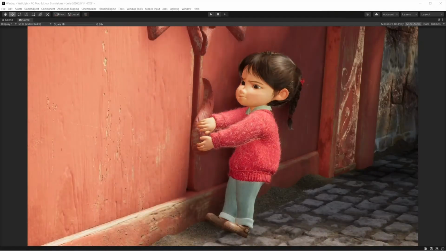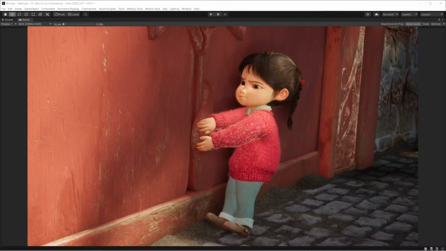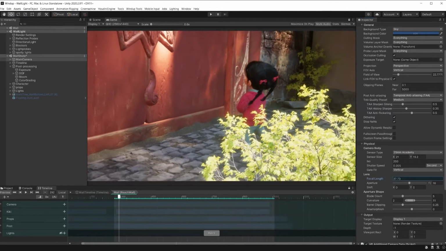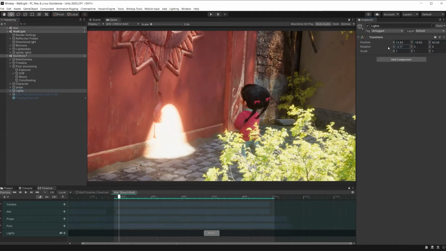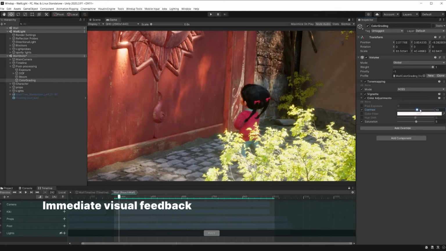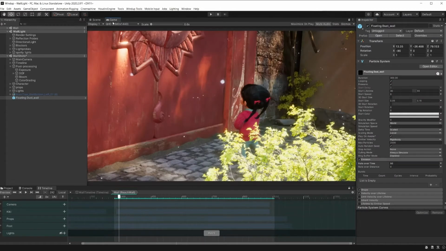In a traditional animation workflow, long render times can slow down a team's productivity and make it difficult to quickly experiment and iterate on creative ideas. Developing inside the Unity real-time platform means that the changes you make to your sets, shaders, materials, lighting, and more give you immediate visual feedback. This allows your team to develop shots quickly with an instant view of the final result, and gives you the opportunity to make dozens of iterations or more in the time it would normally take to make just one in